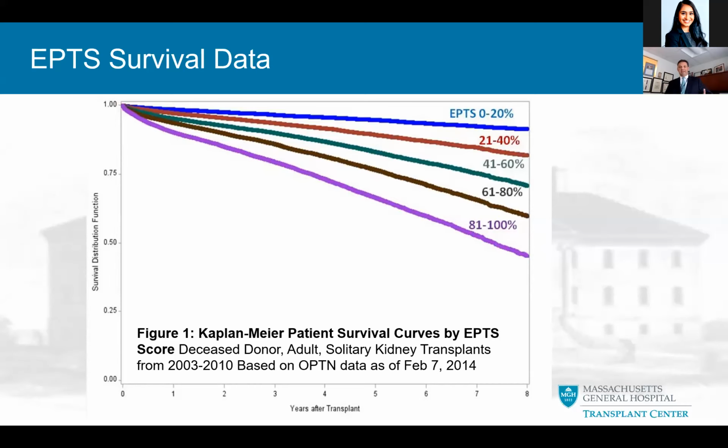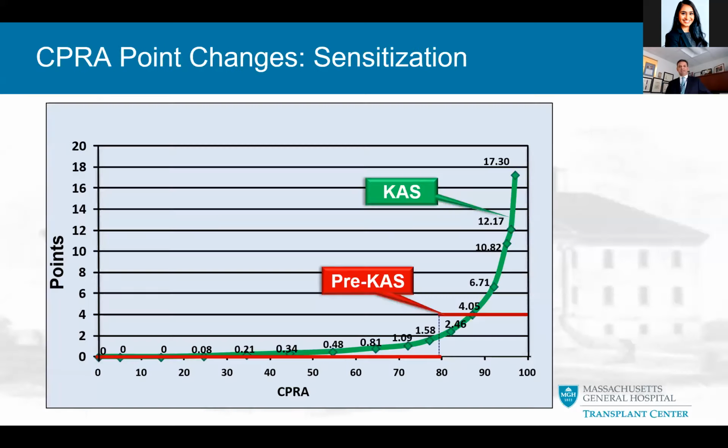So that gives you the idea of where the kidney allocation system got to, in addition to factoring in the sensitization points. So prior to CAS, patients who are 80% sensitized would get 4 points. Each point is equal to 1 year waiting. But similarly, patients who are 99 or almost 100% sensitized would also get 4 points. That changed with CAS, and now the point system is logarithmic. Patients at 98% sensitized, for example, get 17 points. Patients at about 87% sensitized get 4 points, similar to what they did before.